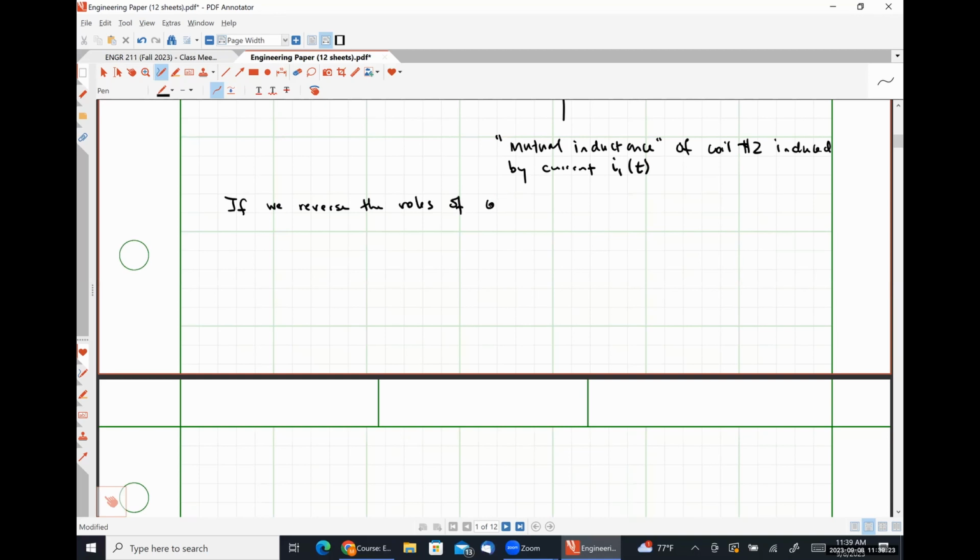Coil number 1 and coil number 2, we would get a voltage